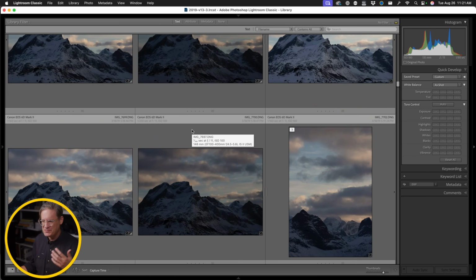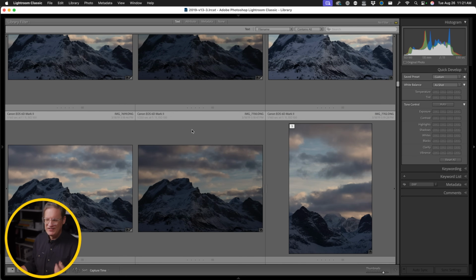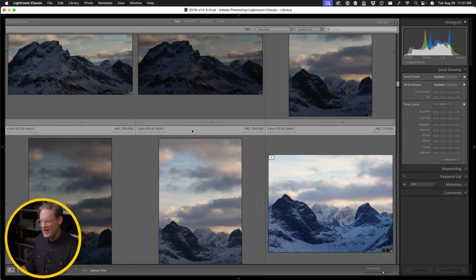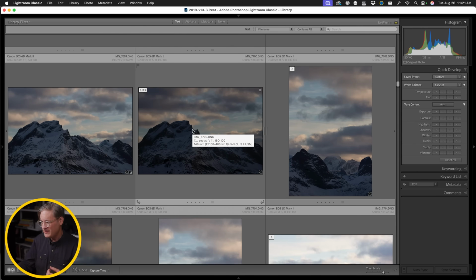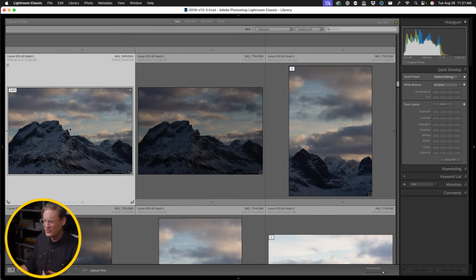And obviously it's been years and I have not cleaned out any of these additional bracketed images. Maybe you're better at managing your work than I am, but I have a tendency to just import images, work on some, and then move on and shoot more stuff, import more, and then I end up with a hard drive full of lots and lots of additional images which didn't need to be created in the first place. And I know that HDR or bracketing my exposure was not necessary, because, for example,